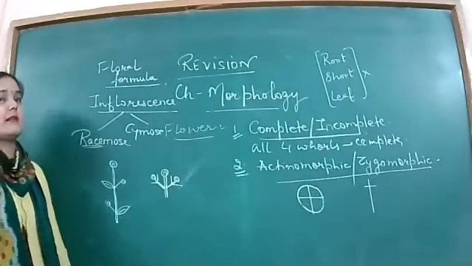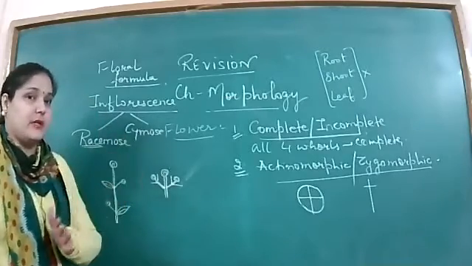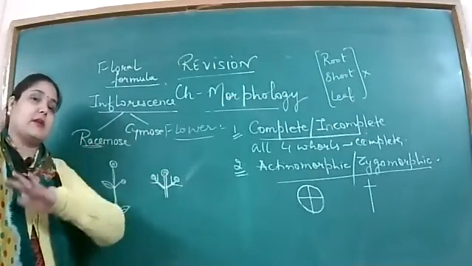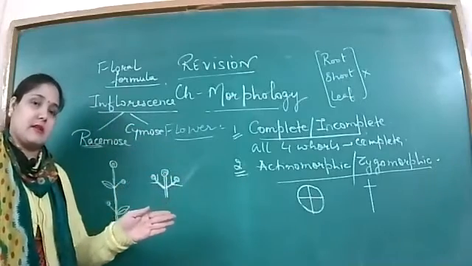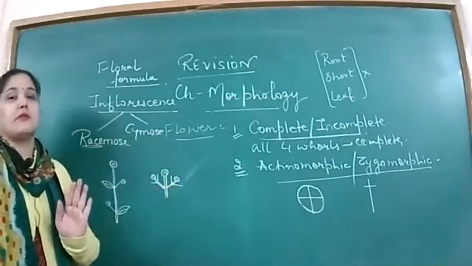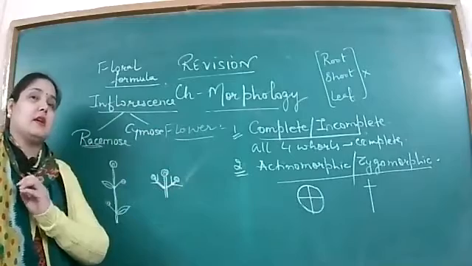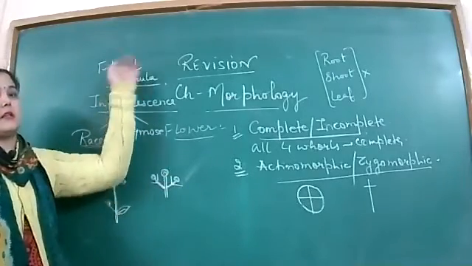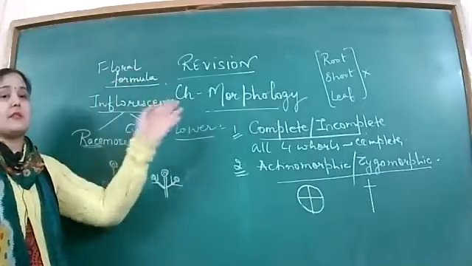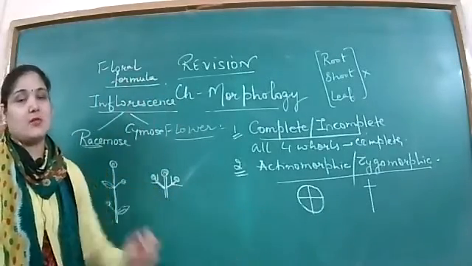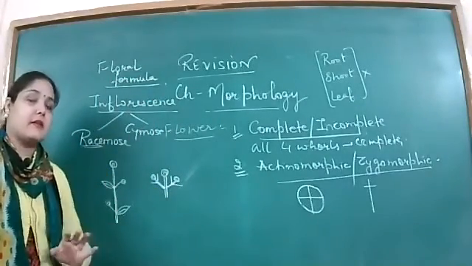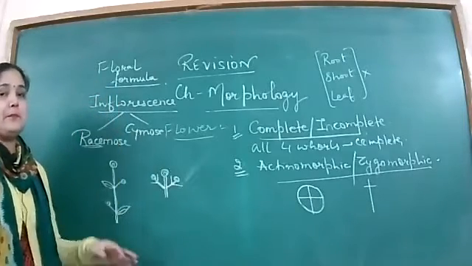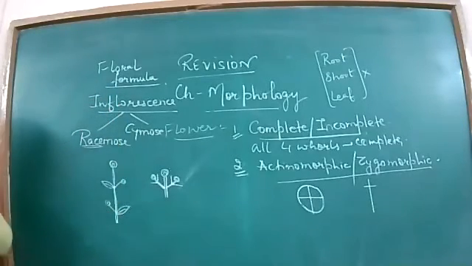As we have seen, the androecium is sometimes joined with the petals, कई बार androecium is joined with the tepals, ठीक है? Epiphyllous and epitepalous conditions आ सकती हैं, or epipetalous conditions आ सकती हैं. So for that there is a floral formula that represents it in a symbolic manner, only using symbols. It is not written in words. This is the representation of all the whorls of the flower.